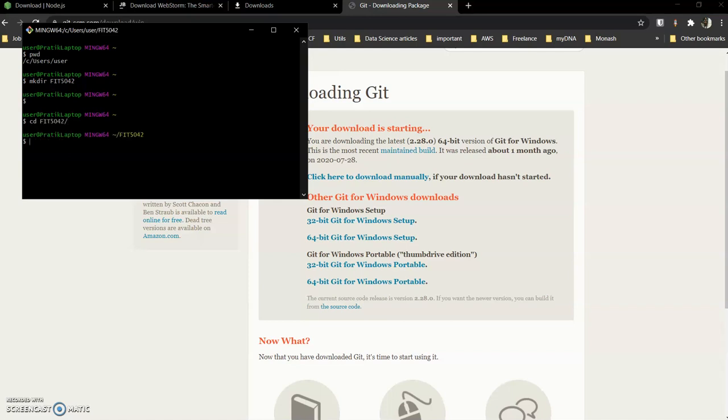Now we install Angular CLI. First we check whether we have node installed, using node --v. Yep, so we have our node installed. Let's check if we have npm installed.